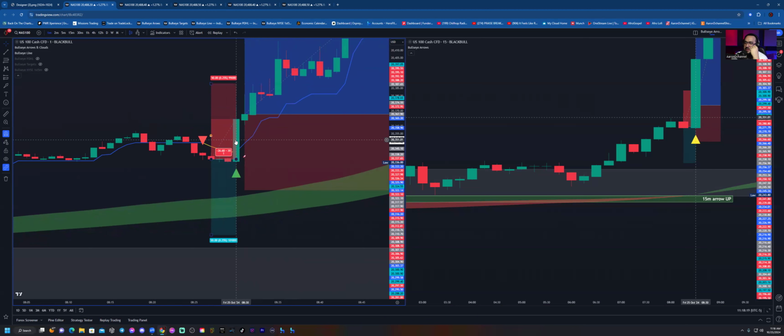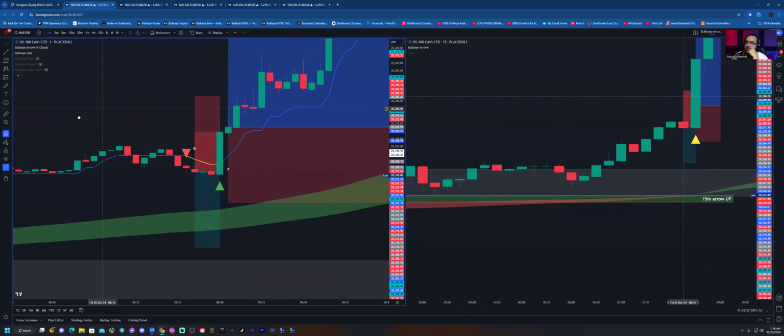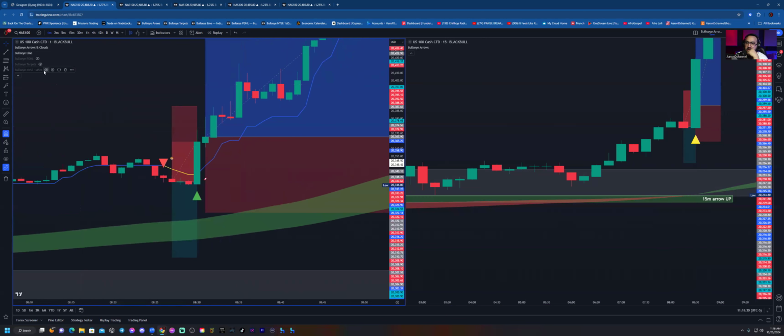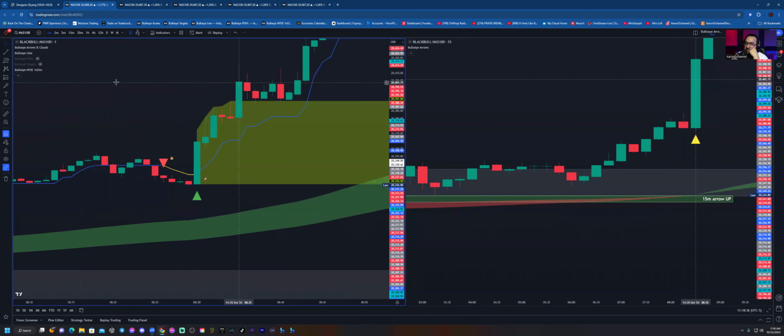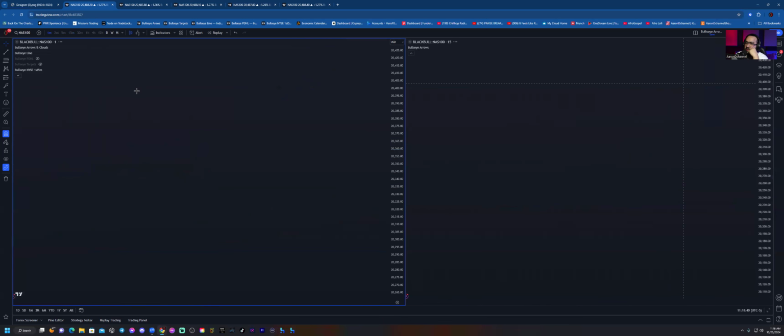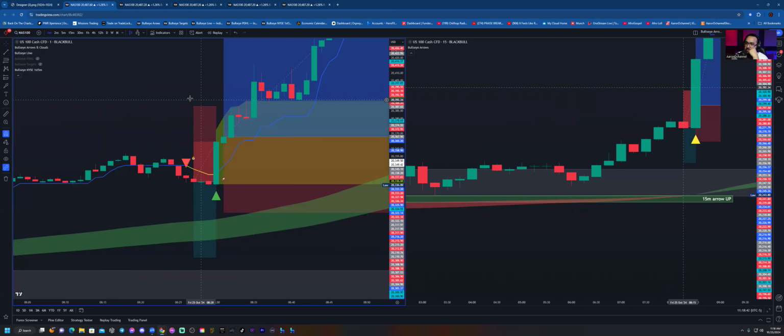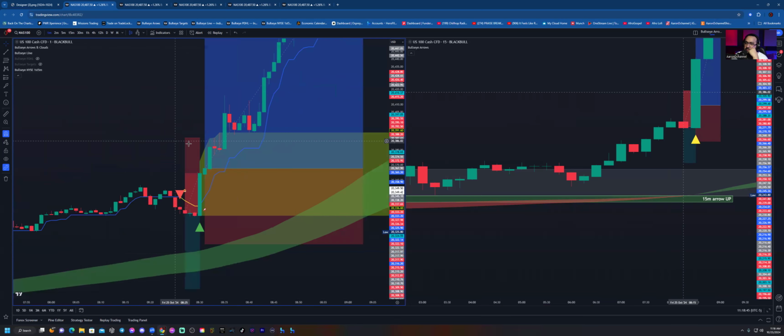All right. And then we get a green arrow, which is a valid entry for price to go higher. Then we get a rocket, and look at the first 5 minute. It looks like the first 5 minute candle, which is right here. There's another valid entry. So let's see. Did I delete something? Okay, my computer's just acting funny. All right. So we take the rocket up, but you also potentially could have taken this breakout